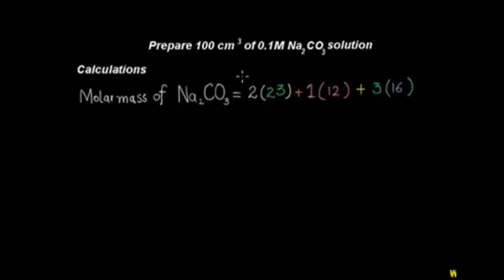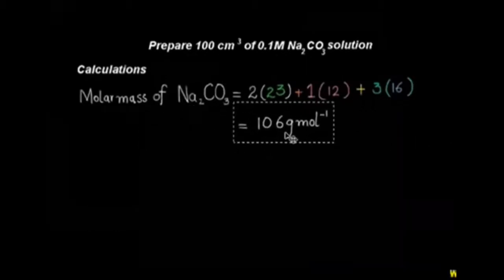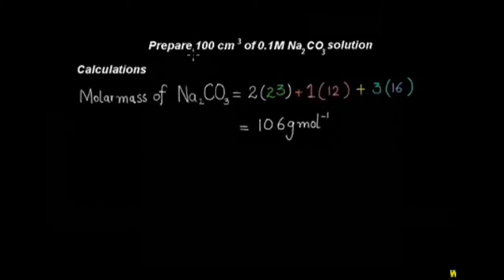and multiply each with the number of these elements present in the formula, and then add all these figures and we will find the molar mass of sodium carbonate. The number of sodium atoms in the formula is 2, so multiply 2 with 23, the atomic mass of sodium, 1 with carbon as carbon is 1 in the formula, and 3 with oxygen's atomic mass as oxygens are 3 in the formula, and hence we get 106 gram, which is the molar mass of